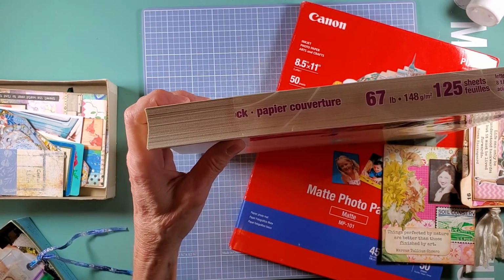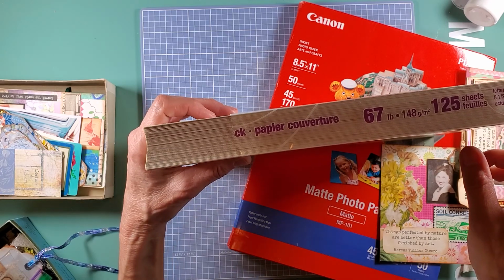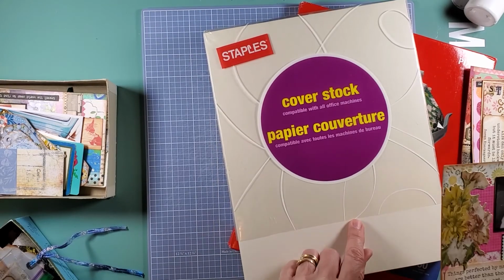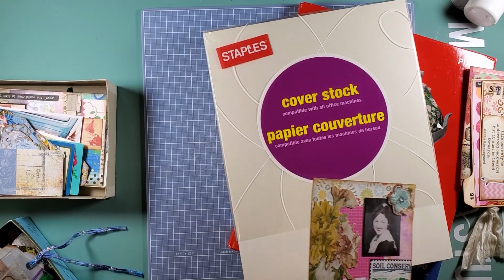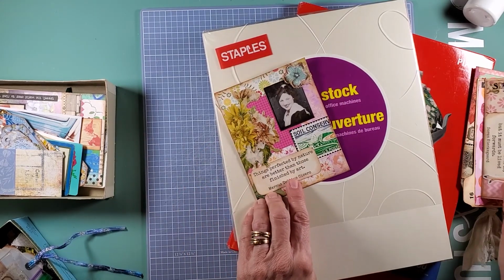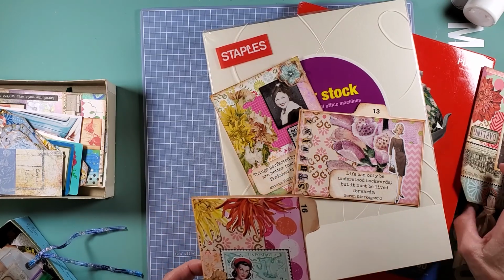It's 67 pounds, 8.5 by 11. And I think it's just their basic cream color. But this is how it comes out. And I do